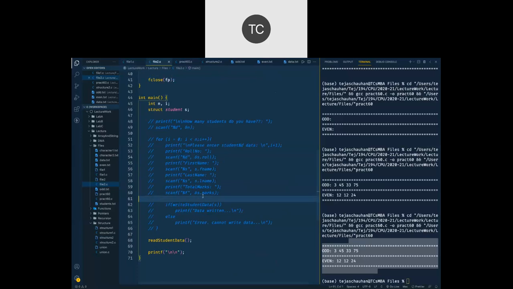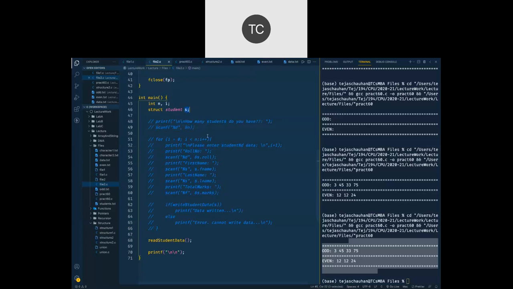And yeah, even in file 2 we were writing everything in the file, so we were reusing the same structure variable. But suppose you are not writing to the file, then all the data has to be kept in memory. So you will ask the user how many students you have, and before you read that data, you have to do dynamic memory allocation.